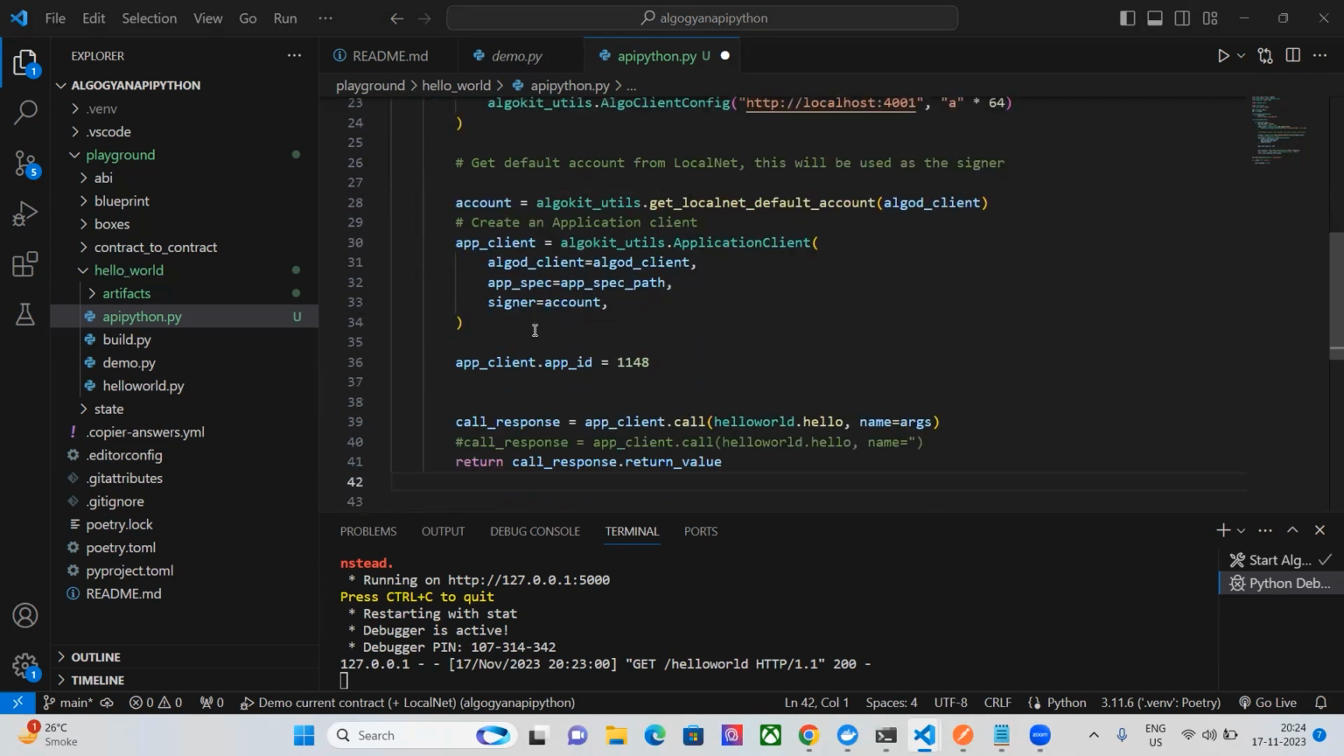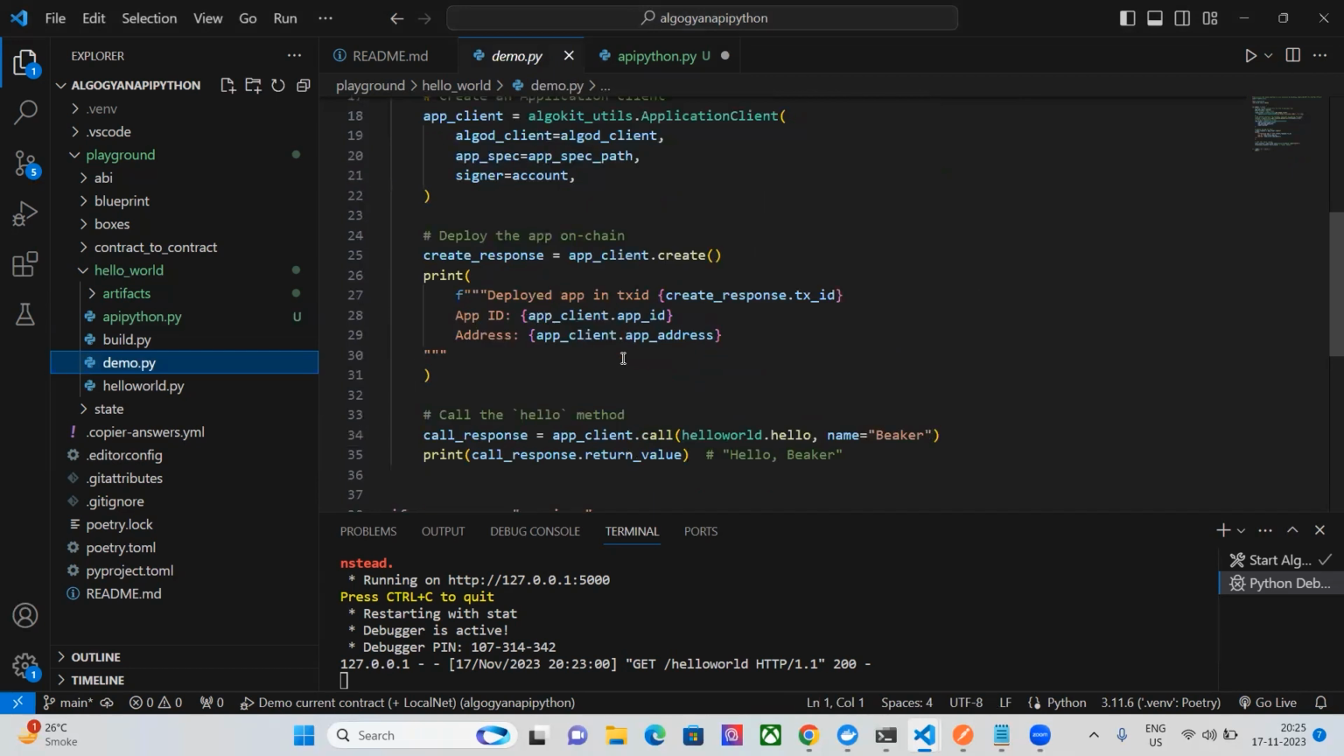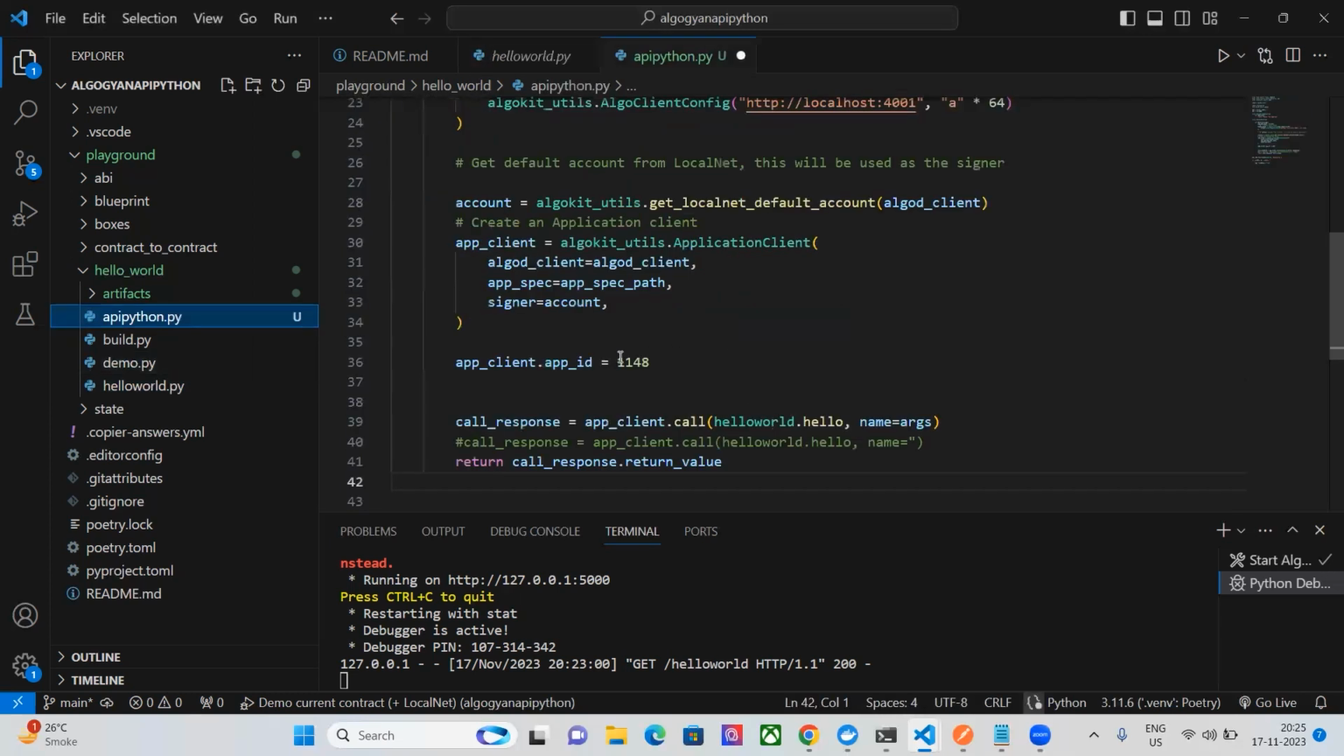But then this is something new, because this is not there in the demo.py. If I go ahead and open that demo.py, this is okay up to this part. But over here, it is deploying the application. As I told you, we have already deployed the application, and we don't want to redeploy it. That means we are trying to connect to an application which is already deployed. So over here in this API.py, you can see that I have passed